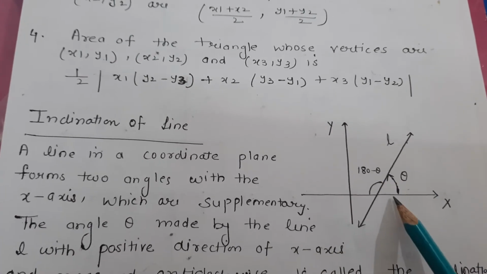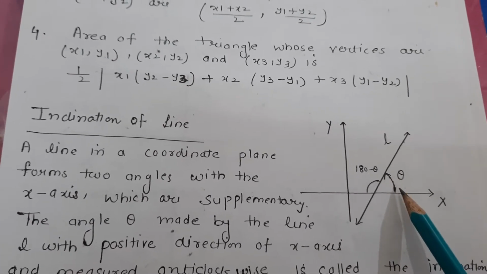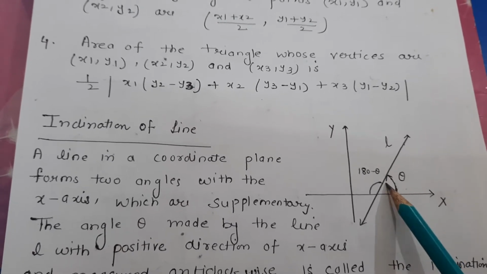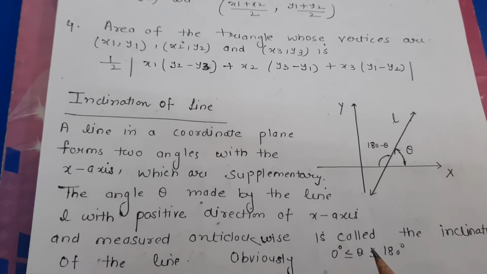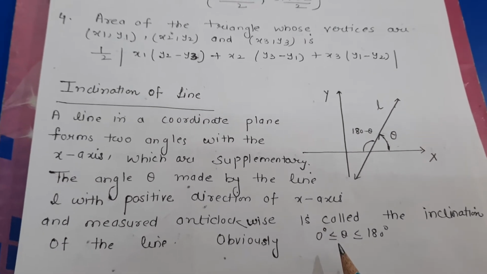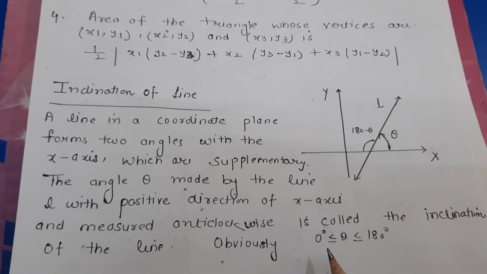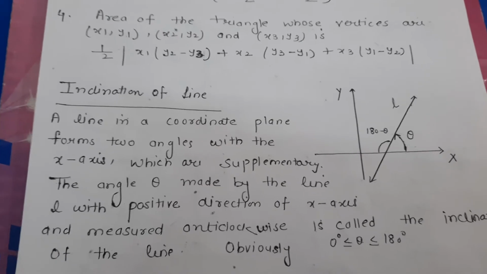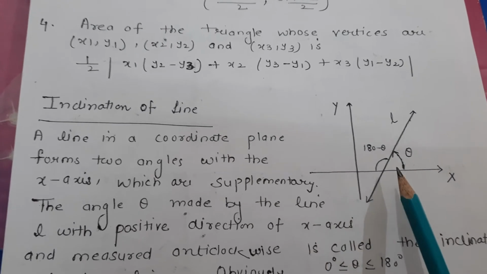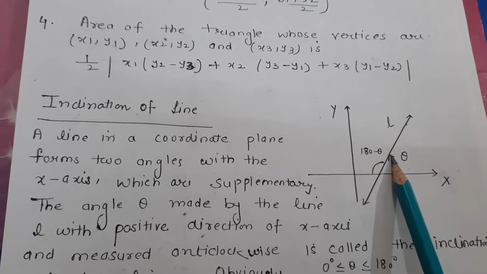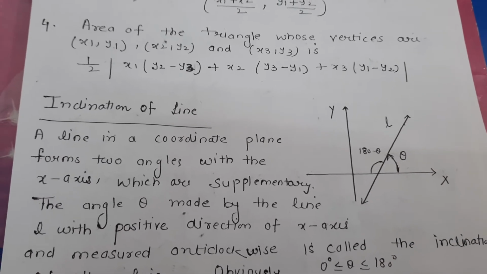The angle theta made by this line with the positive direction of the x-axis, and it should be measured in the anti-clockwise direction, is called the inclination of the line. And this inclination is always greater than or equal to 0 and less than or equal to 180 degrees. I am again repeating, the inclination is the angle made by the line with the positive direction of the x-axis in the anti-clockwise